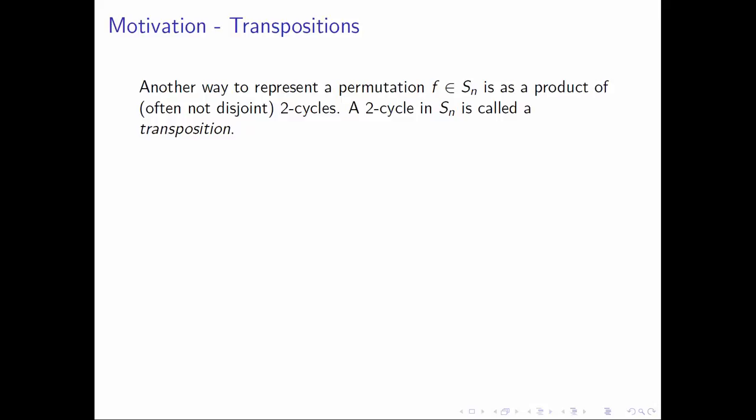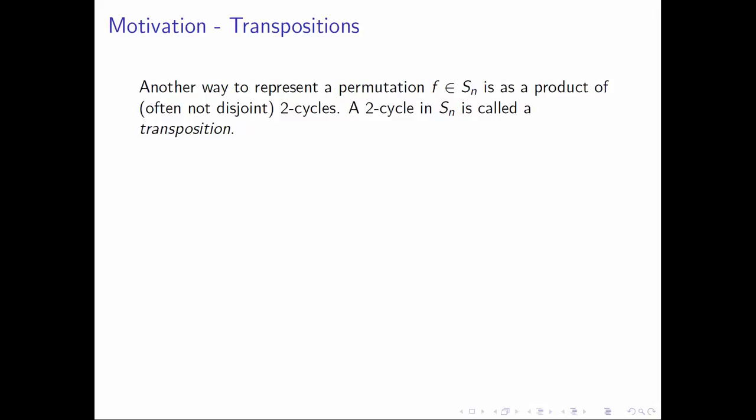Now, those were the two methods of representing permutations that we've already done a few examples with. The one that I really want to introduce in this collection of videos is representing a permutation as what's called a product of transpositions. So suppose that we have a permutation F and it belongs to Sn, then the fact is, it can be written as a product of, and this is important, often not disjoint, two